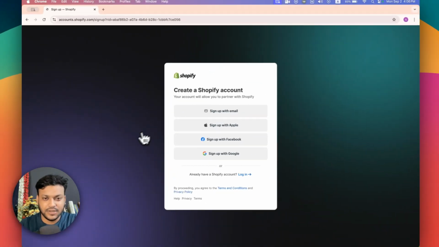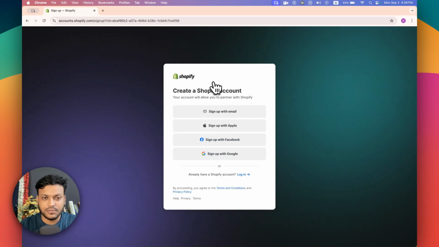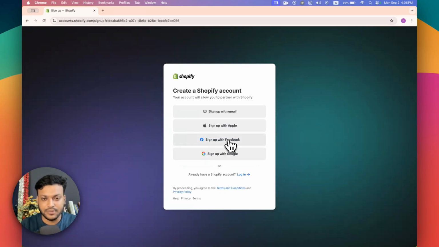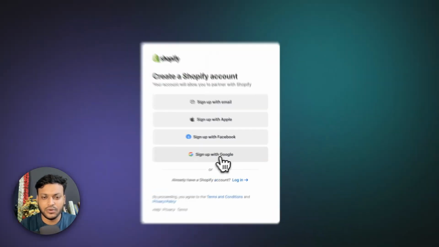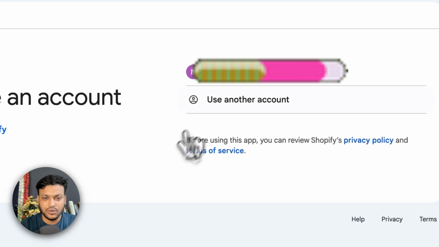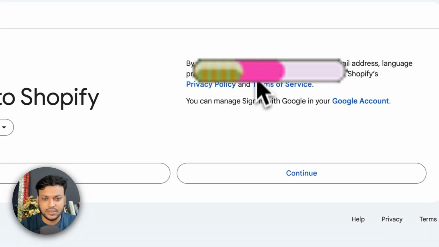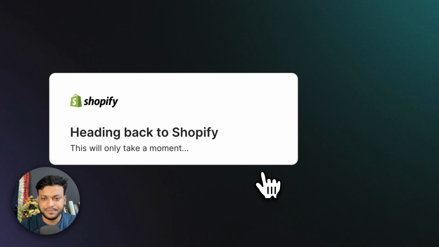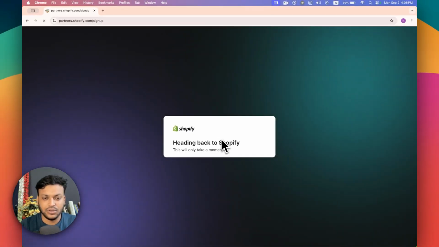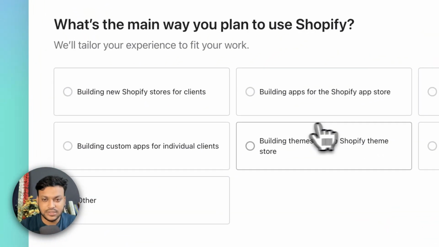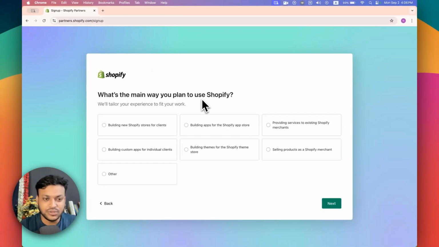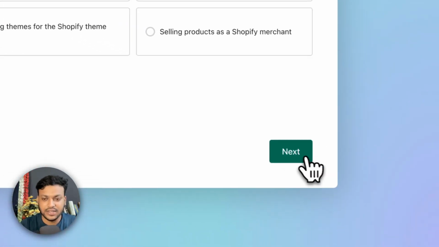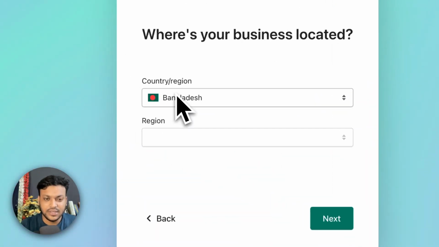So here you can see you can use multiple ways: with Google, with Facebook, with your Apple ID, with email. So I do prefer to go with Google. So just hit go with Google, and here you can see I am giving the permission to Google, and then you can see what's the main way you plan to use Shopify. So I just want to build a new Shopify store for a client, and then new,